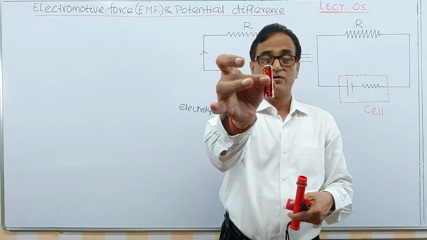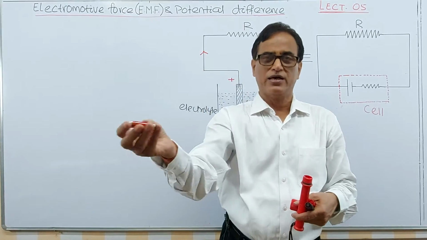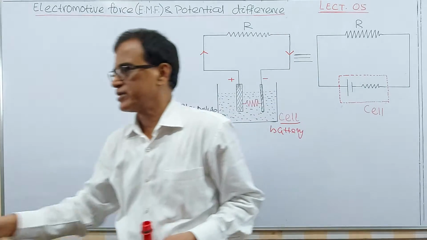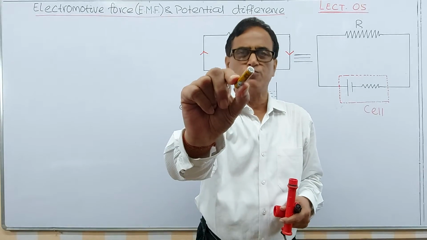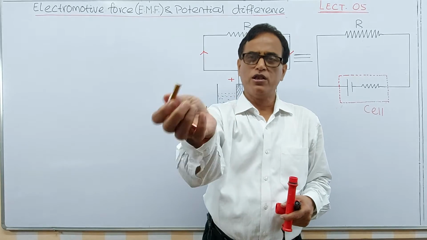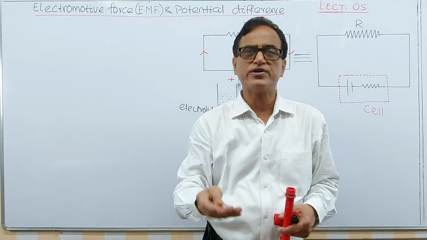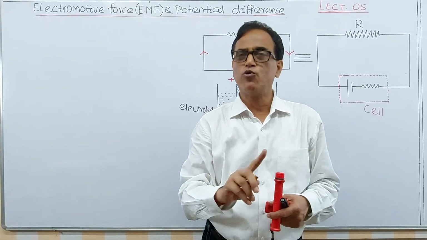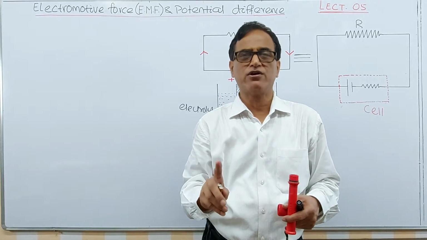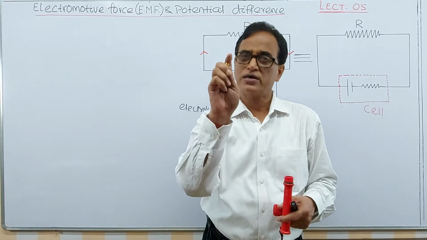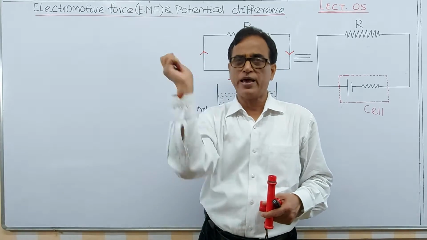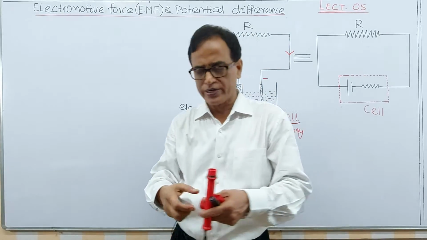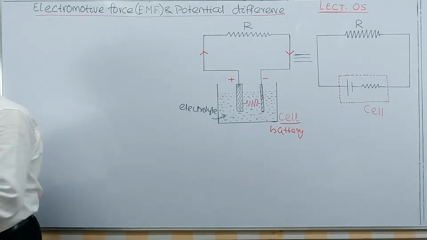That is a cell generally used in clocks and some other appliances, but this one is a cell generally used in a remote. This is small, this is large. So whose potential difference is higher? Remember, the potential difference remains 1.5 volt. The voltage of a cell does not depend on its size. Remember this fact. I will again write it in my notes with emphasis, that a cell has certain characteristics, and we can see them one after another.